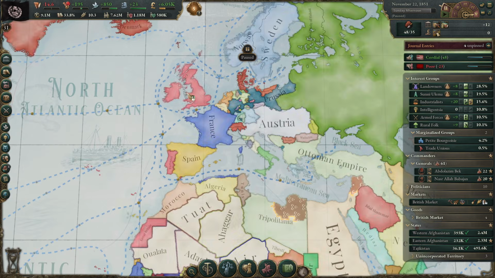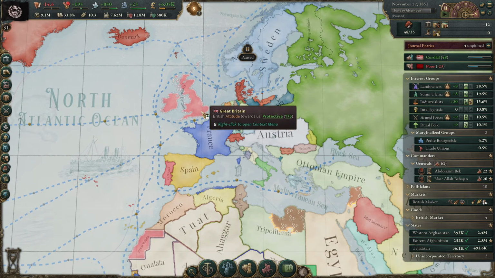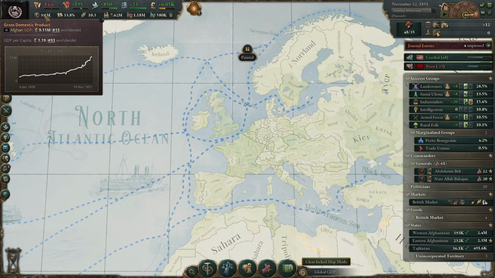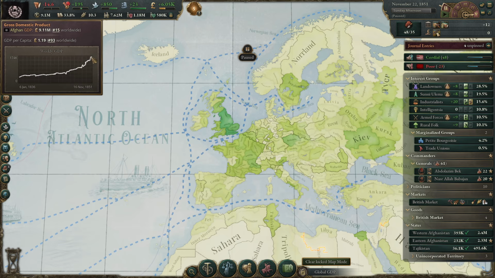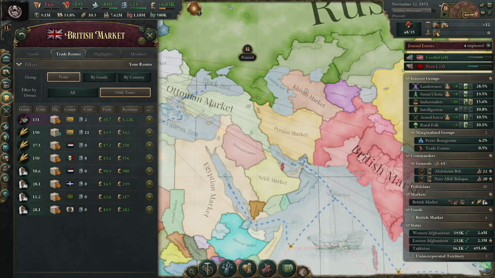And then with that high volume of trade routes between us, the British were willing to join us in a trade agreement that helped save us in terms of our bureaucracy. And it also just dramatically expanded our GDP. So you'll see that right here, that's where we joined the British as a protectorate. But right here is when we started just trading outrageously with the British. That was the really big unlock for us, that we had access to free trade, and now trade routes,